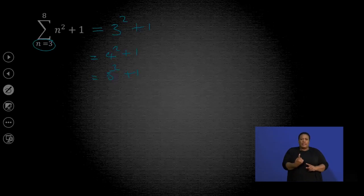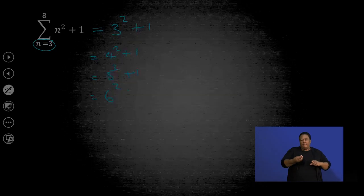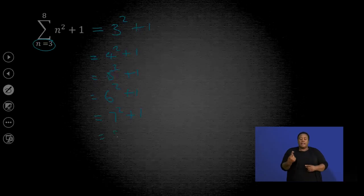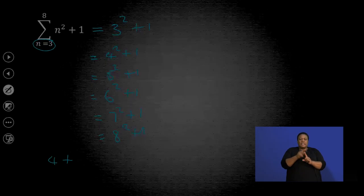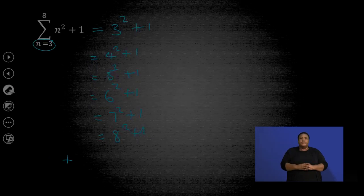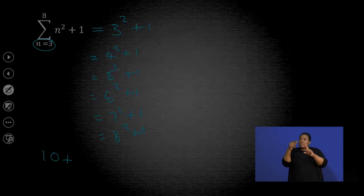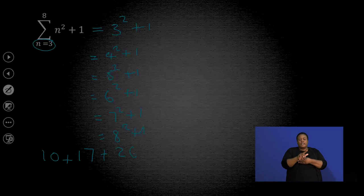I'm just stating them or expanding them going down so that there's enough space. And then the following one will be 6 squared plus 1, and then 7 squared plus 1, and then lastly, it will be 8 squared plus 1. So the very first one will be 9 plus 1, which is 10. My bad, not 4. The following one will be 4 squared, which is 16 plus 1. That's 17. Plus the next one will be 26, plus 37,